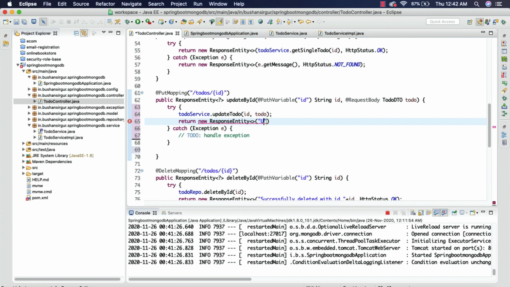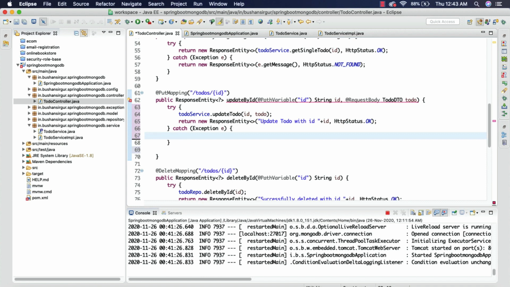Let me send a message, update to-do with ID, and we're going to pass the ID. And we're going to send the HTTP status OK.